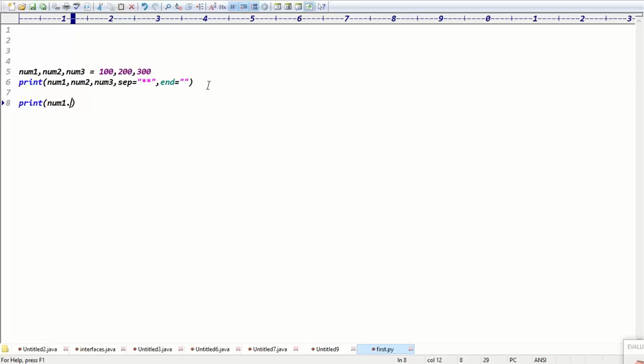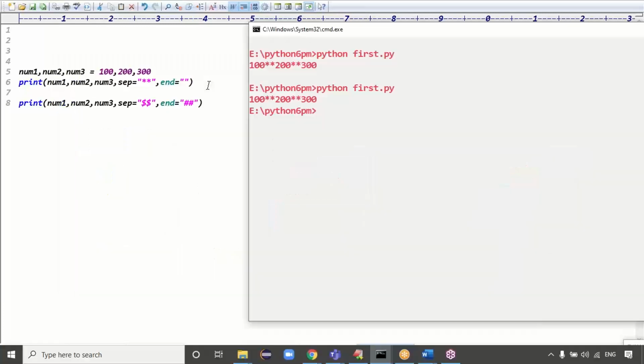Print num1, num2, num3. First of all, make the separator, Venkatesh. Sep equal to what? I need the dollars, comma. Ending, I want hashes, right? Just make end equal to two hashes. That's it. Are you clear now? Now you can check the output.